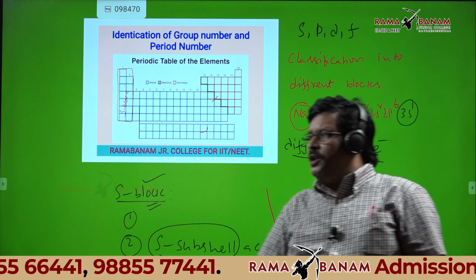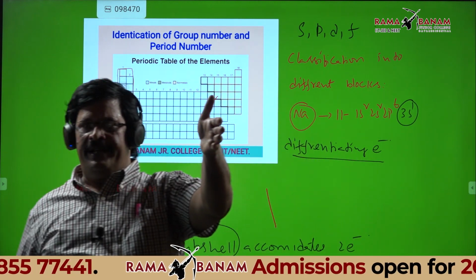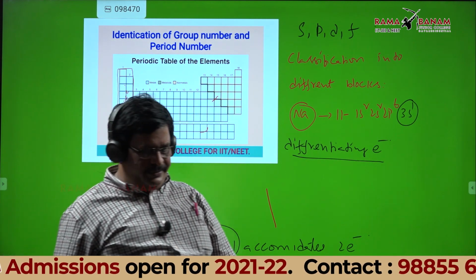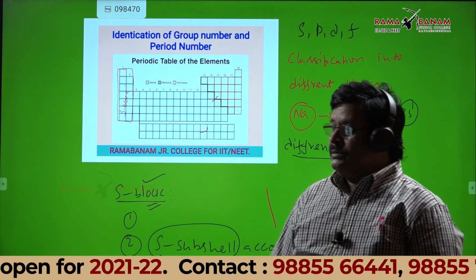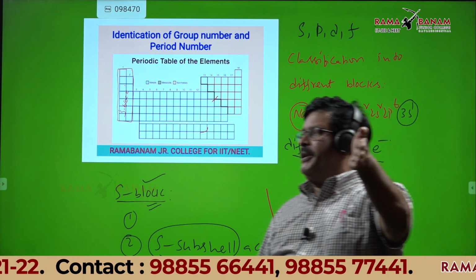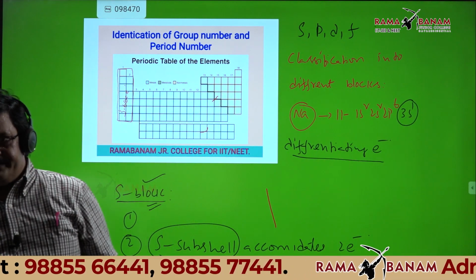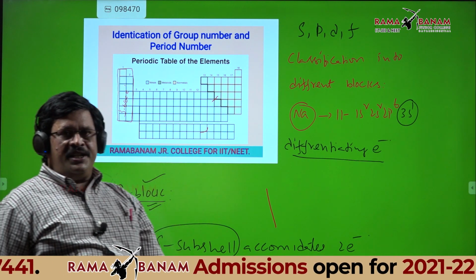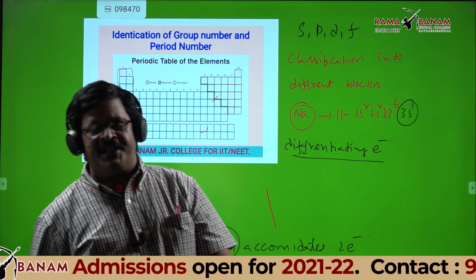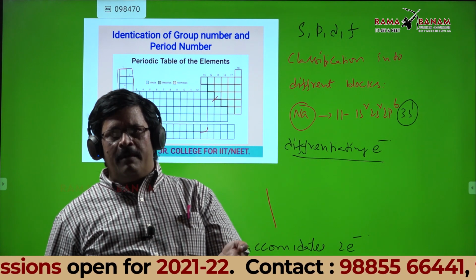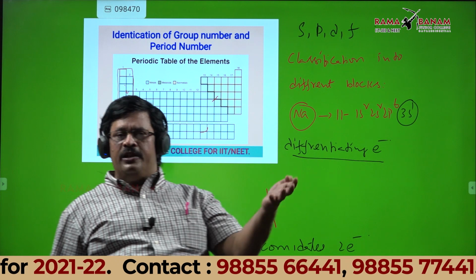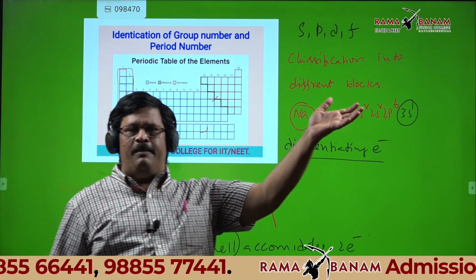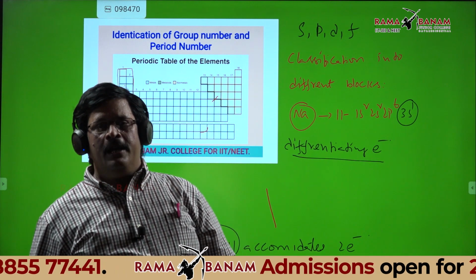Okay. Now we'll add 2 more points also, students. Listen carefully. How do S block elements enter into chemical reactions? That's what I am asking. Very nice. Because they are electropositive, because all those are metals, and we all know that metals enter into reactions by losing electrons. So all S block elements enter into chemical reactions by losing electrons.